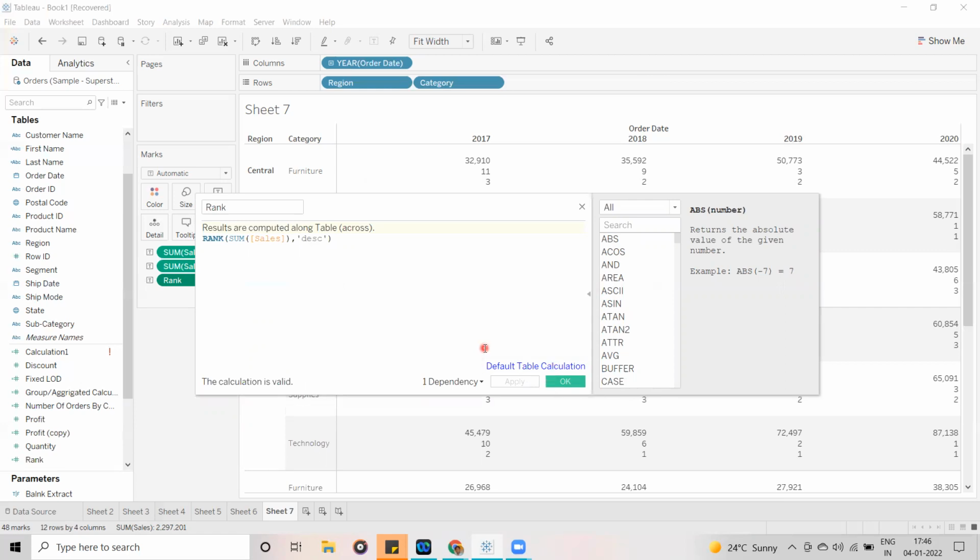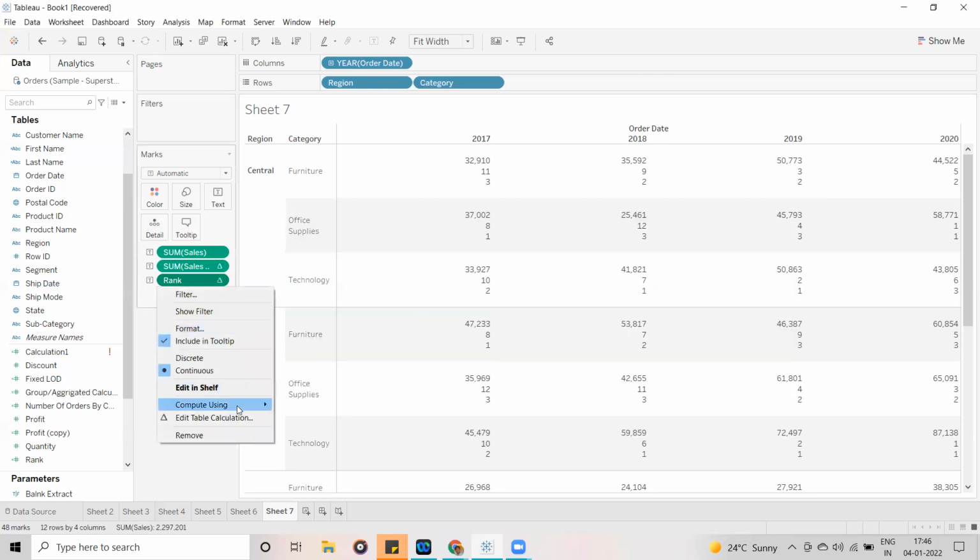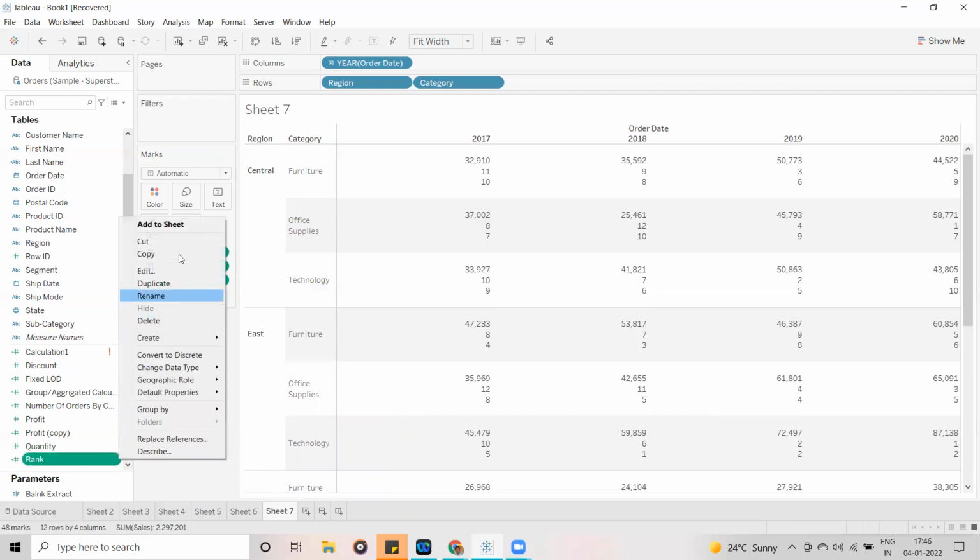If you want to do it directly here itself, then you can do it. Or else, now you can see by default it is table across. So the same options you are going to get here. Okay, table across, then table down, the same thing. So the same thing you are going to get from here. Guys, clear or any confusion here?